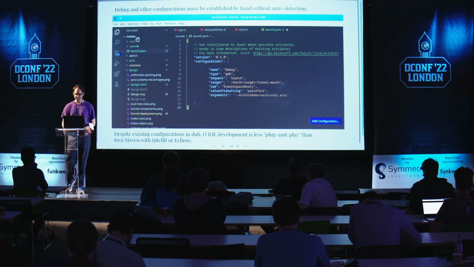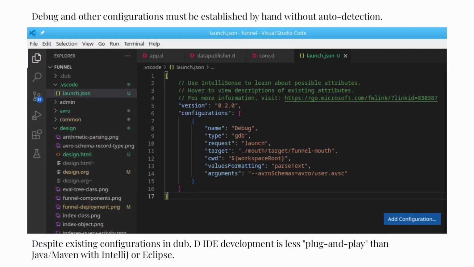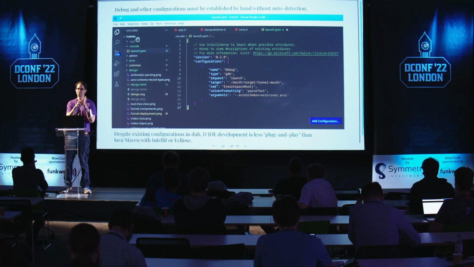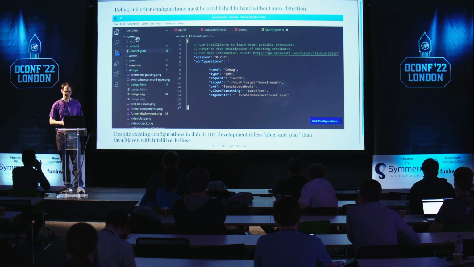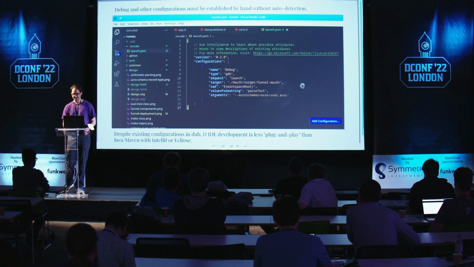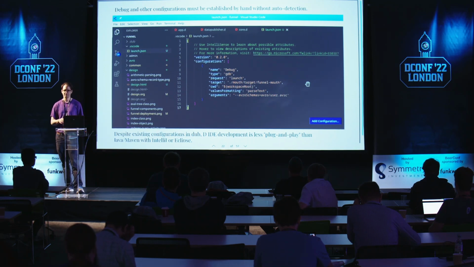Also, one of the downsides is the configuration of your system: they give you a template and you have to edit it by hand, and it doesn't have automatic detection of your project's configuration. Like, if you compare to tools like Java's IntelliJ, their equivalent of the dub file is based on tools from Maven or Gradle, and the editor will detect what you have, the structure of your project, and build your project's configuration for you. So you just have a small file you have to edit so it knows like what the name of your binary file is, where your source is coming from, and a few other things.